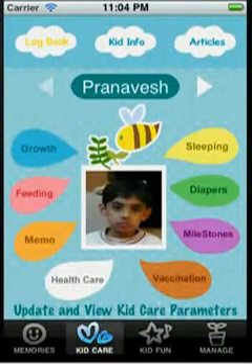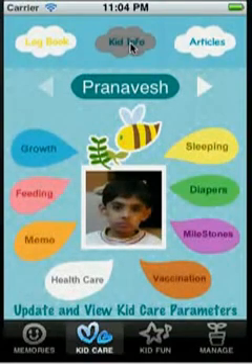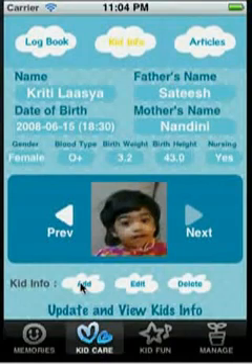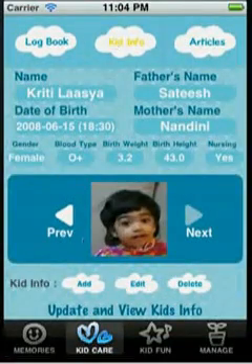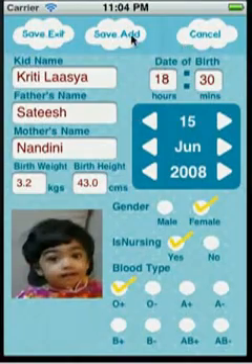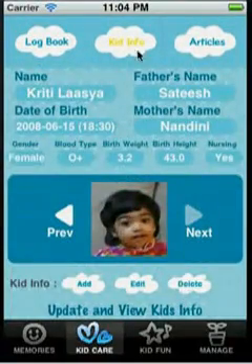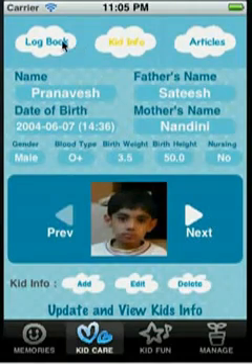Now we come to the second section of our application, which is the Kid Care. Before adding any information about the kid, we have to just go to the kid info section and then add the kid's name, all the necessary details, save it. We have the edit button here to make any changes, and we have the delete button to delete any data that we don't want anymore. We can add as many kids that we want to. We have added 2 of our kids information just to use it as a demo.